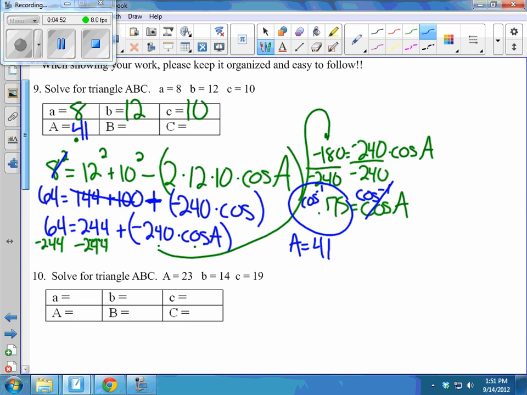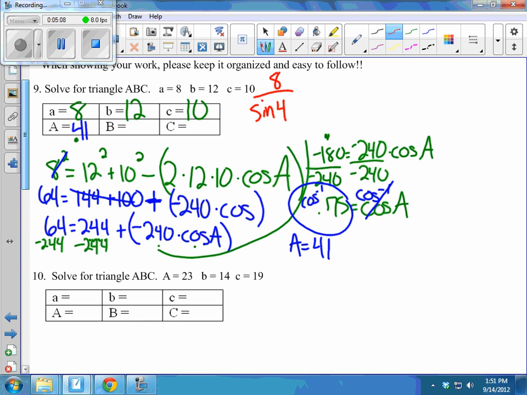So now I have a choice. What should I go for? B or C? You go for the next smallest one. So I'm going to go for C. And I'm going to do that a little bit higher up. So now that I have cousins, I can go back to law of sines, and it goes 8 over sine